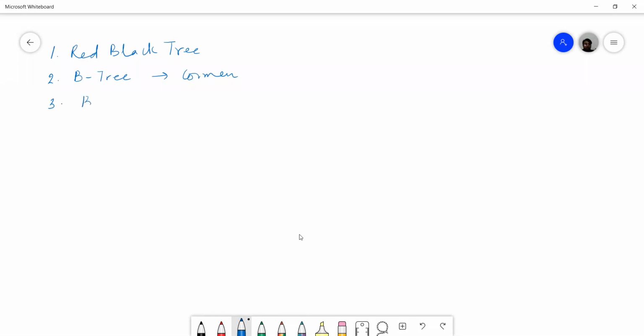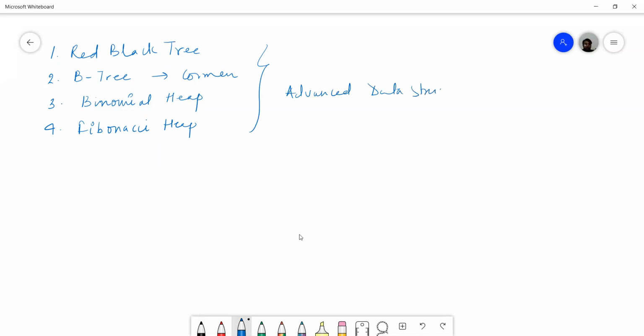Third, we are going to study binomial heap. And fourth, we are going to study Fibonacci heap. So these 4 advanced data structures are there in this unit. Okay, so we'll start with the red black tree.